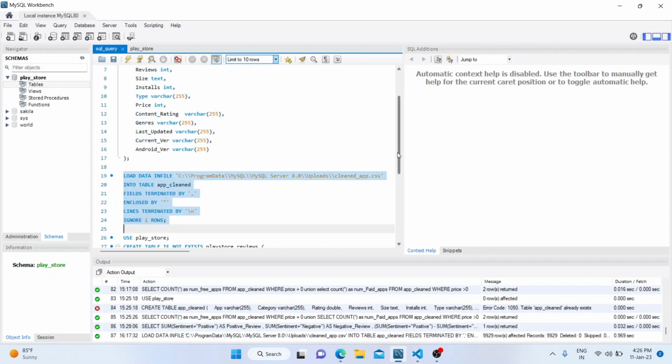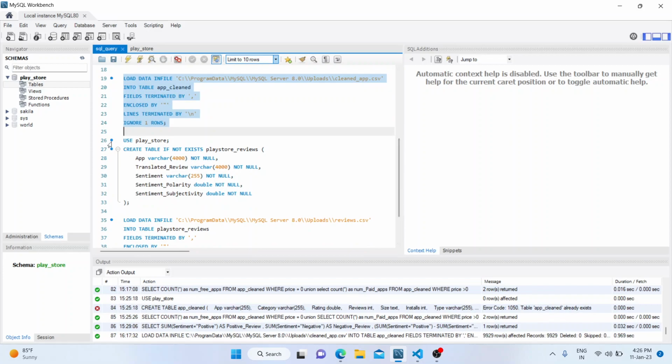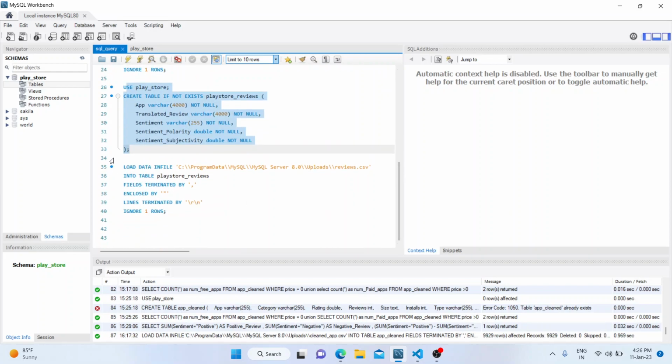Then I have created a second table, and through this command I have uploaded the second CSV file into the second table.